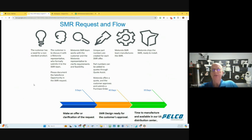For example, we have a surface mount junction box for pendant cameras, okay? And we can sell those one at a time because we make those in bulk, and there's a multitude of customers that need that solution. So that's a special product that has general acceptance with many different customers. We have them in stock and we can offer them one at a time. So that's an example of a special product. If that makes sense, what I just described, if there are any questions, please feel free to reach out